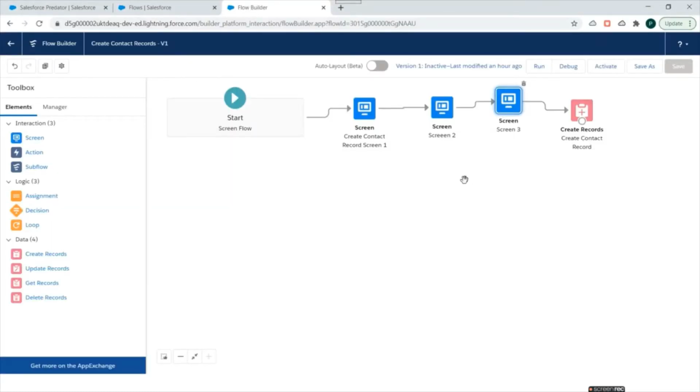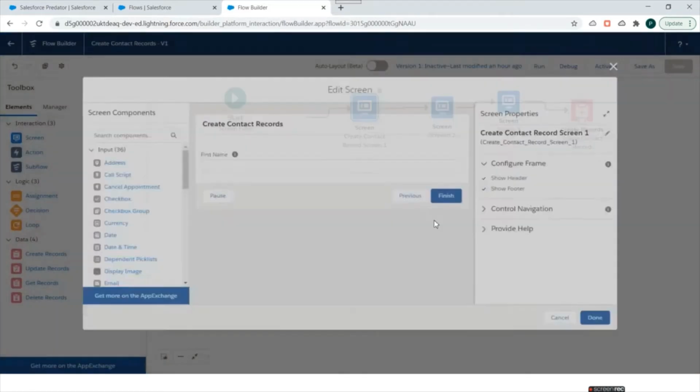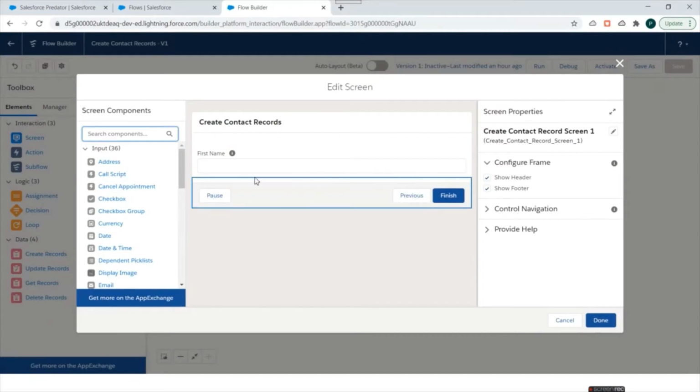Salesforce.org. So in my previous video, I have already created one flow and it was about creating a contact record. There we had three screens. In the first screen we added first name, then we had a last name in screen 2, and in screen 3 we had email address. We can look into them by double clicking.